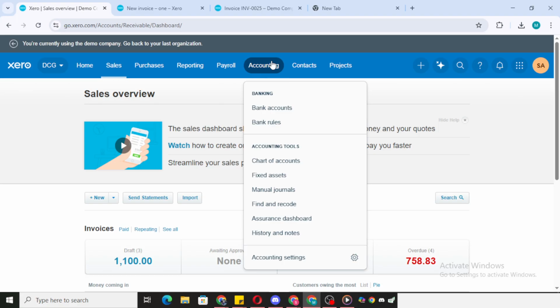With access to your dashboard, you're now ready to explore everything Xero has to offer and manage your financial records with ease. Remember, if you encounter any issues during the login process, Xero has a robust support system to help